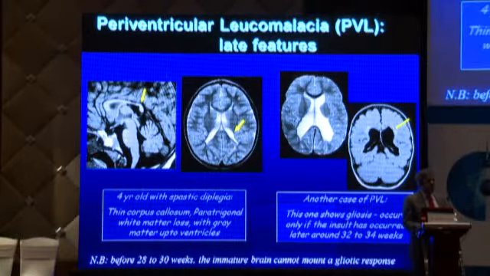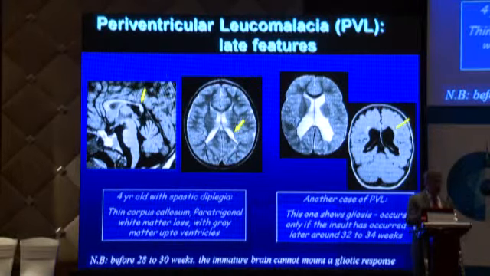This particular slide is for the residents, because in the American or the Canadian board exams, this is a case that will often be shown. This is sequelae of preterm injury, periventricular white matter injury. So you can see how the gray matter is coming down and almost touching the ventricular margins. So there's loss of white matter along the ventricular margins posteriorly. You can see that the outline of the ventricle is a little irregular or crenulated. Usually it's very sharp. And sometimes you'll get gliosis around it, and then you get atrophy of the posterior corpus callosum and the splenium because of loss of the white matter tracts due to damage in these areas.